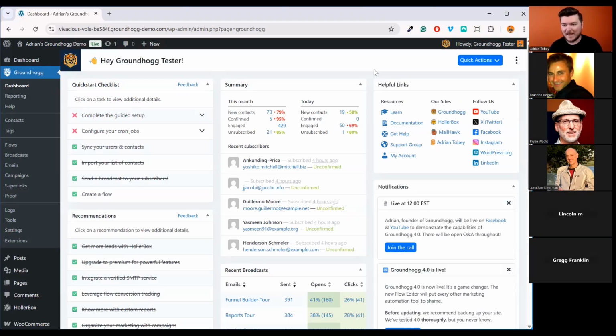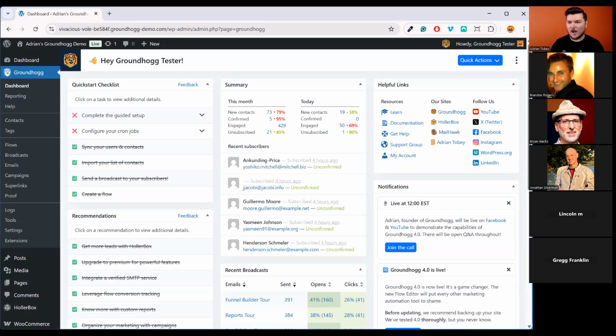Welcome. Hi, my name is Adrian. I'm the founder of Groundhogg, and today we're talking about WooCommerce Essentials. So these are all the flows. These are all the segmentation tricks. These are all the tagging things that you're going to want to know about the WooCommerce integration that we have with Groundhogg. Without further ado, let's hop into my top recommendations that you should have implemented when using WooCommerce